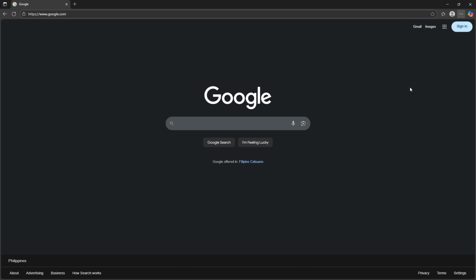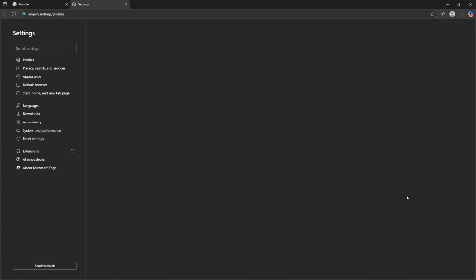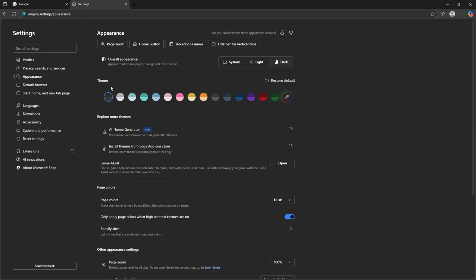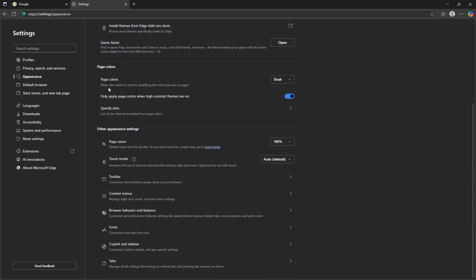A drop-down menu will appear, and from this list, you'll want to select Settings. This will bring you to the main settings page of Microsoft Edge. Now, on the left-hand side, you should see a panel with various categories. Here, you're going to look for Appearance. Once you spot it, click on Appearance, and this will take you to a new section offering a variety of